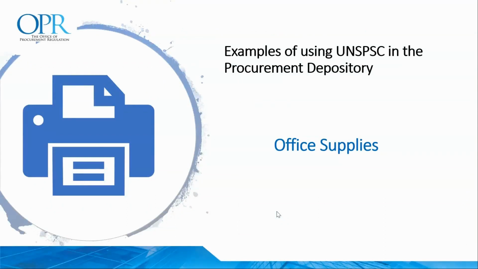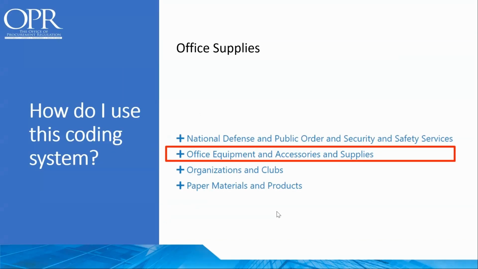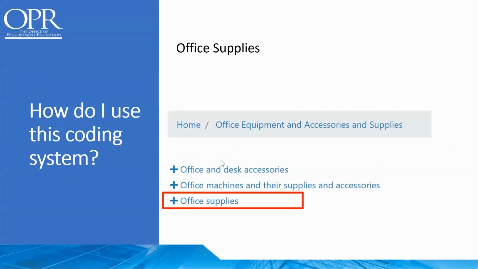So now we will illustrate again using 3 examples of the use of the UNSPSC codes. And the first one we'll look at is office supplies, again a very common category which most people will utilize in their day-to-day business activities. And in the procurement depository, when you look at the first level, we will be presented with the office equipment and accessories and supplies. Once we select at that highest level, we drill down to the next level, and we